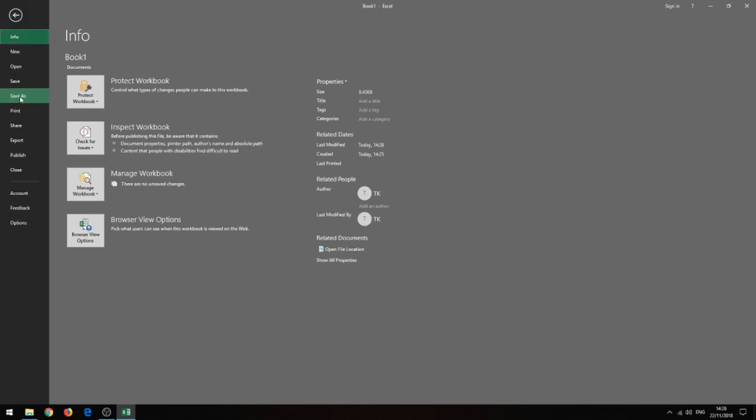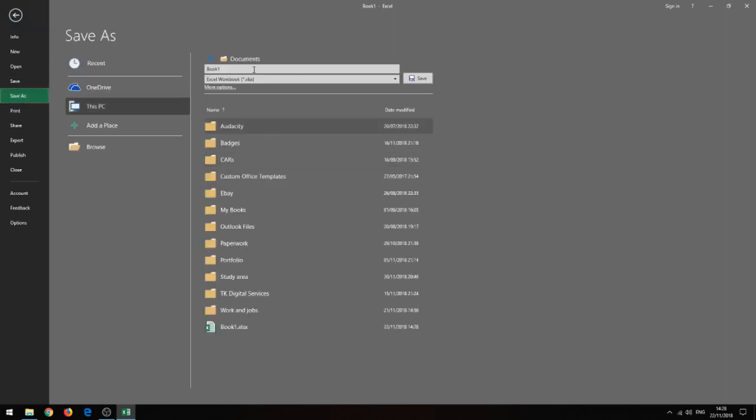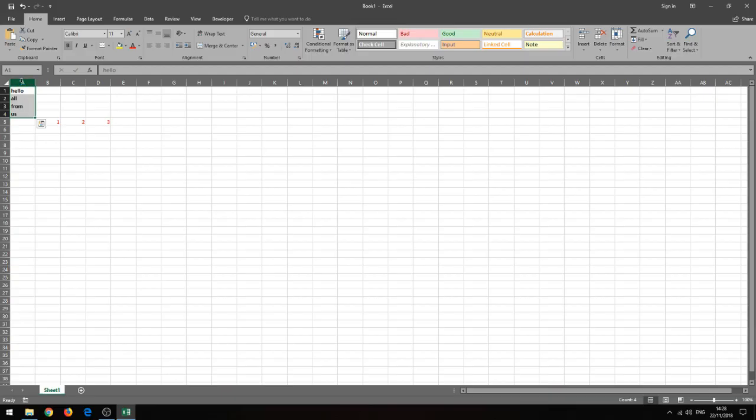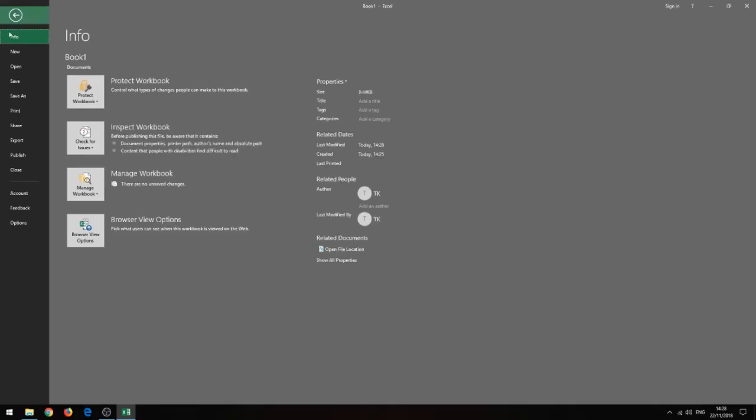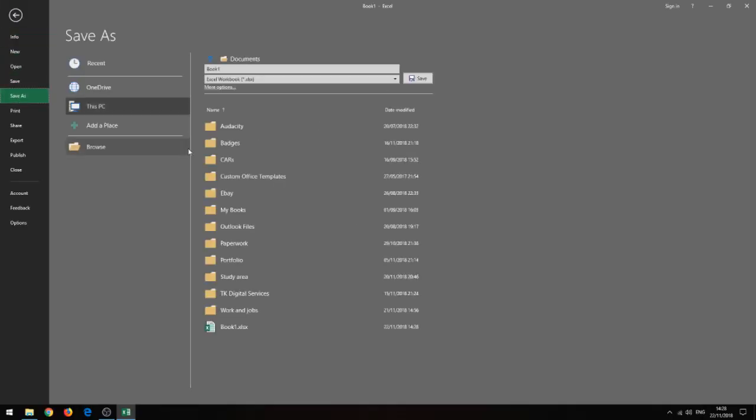If I wanted to change anything, I'd now have to go to Save As, because you'll notice if I just go to Save, it just saves my content. So if I wanted to create a version 2 for any reason, I go back to Save As. Let's just say I call this 2 for now. You'll notice it's saying saved as an Excel workbook, and that's a